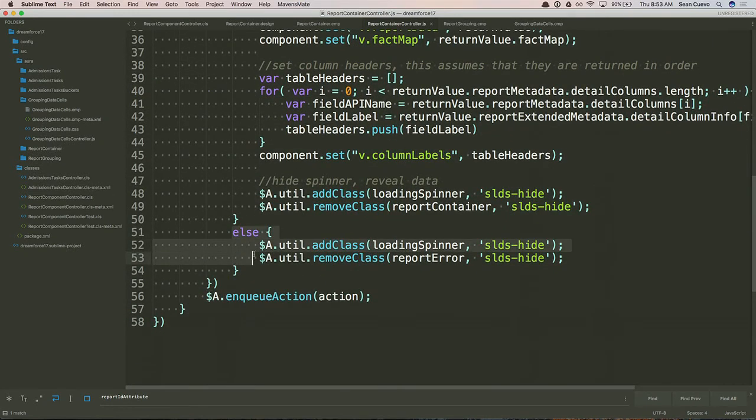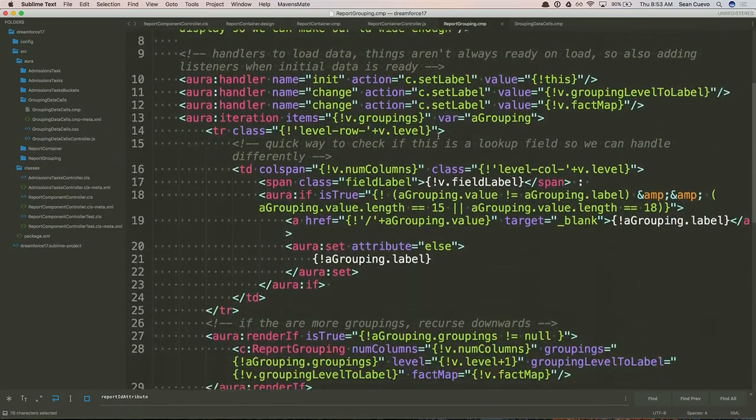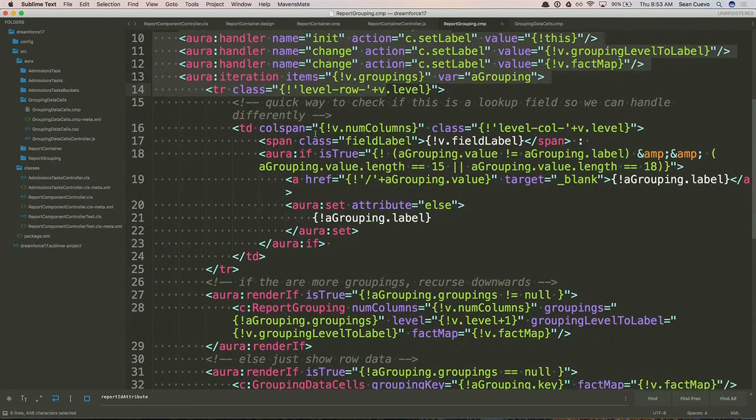And then lastly, if anything goes wrong, we'll hide the loading spinner and show the report error. And then as we deep dive into the next level, the actual report grouping, similar logic here, just some handlers to handle when we load the component to set all the labels. Here we're going to just display